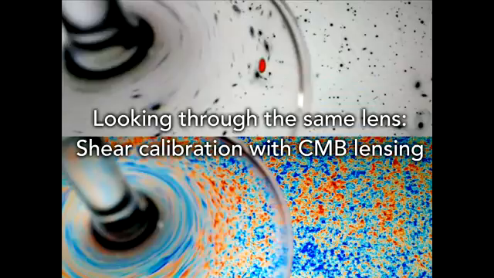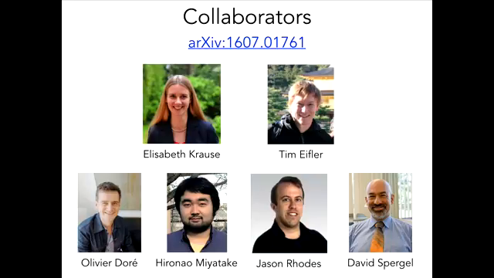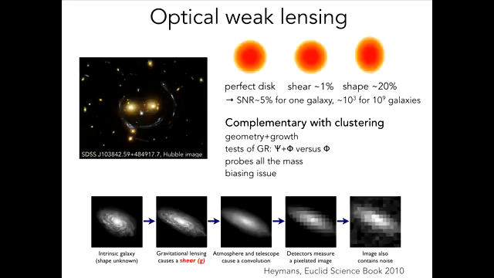Shear calibration with CMB lensing. This is a project done in collaboration with Elisabeth Krause, Tim Eifler, Olivier Doré, Hironao Miyatake, Jason Rhodes, and my advisor, David Spergel. And to give you a little bit of introduction, I think everyone knows about gravitational lensing,